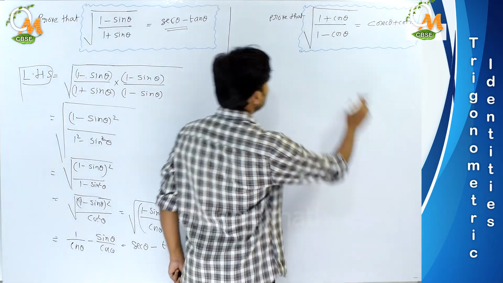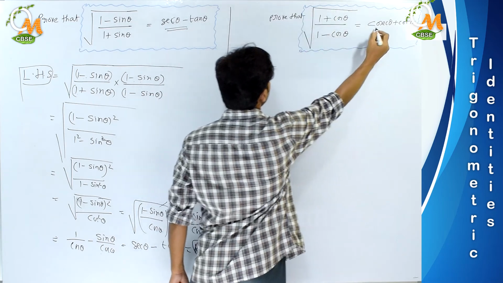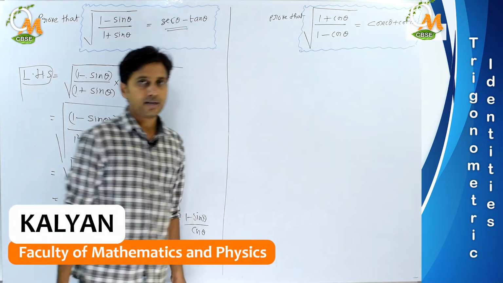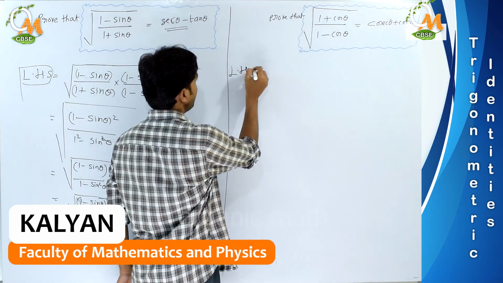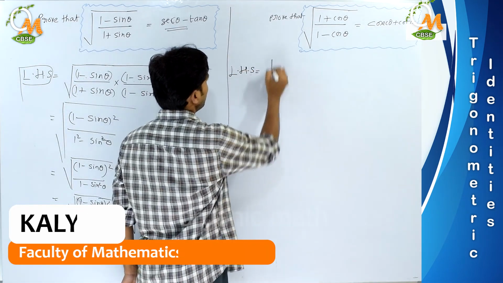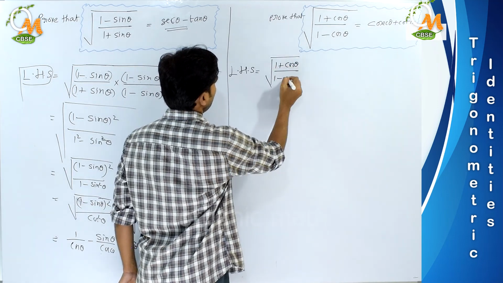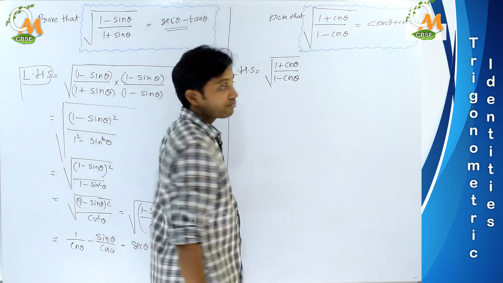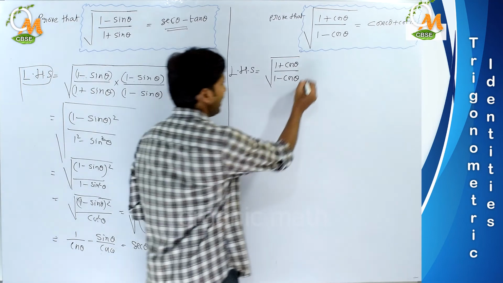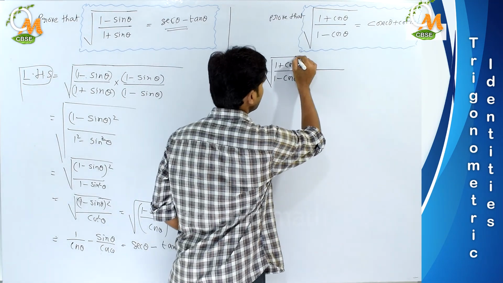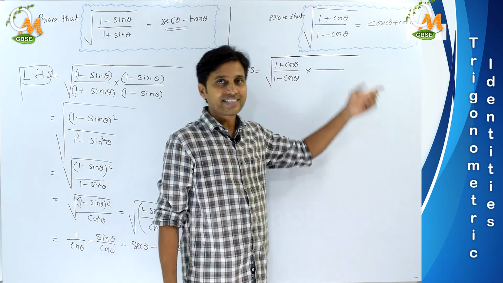See this. We need to prove here square root of 1 plus cos theta by 1 minus cos theta is equal to what? Cosecant theta plus cot theta. Now take LHS again, same as before. LHS part would be under square root 1 plus cos theta by 1 minus cos theta. Again, for my convenience I am going to multiply. I think you might have identified that. See, everything is done inside the square root only.